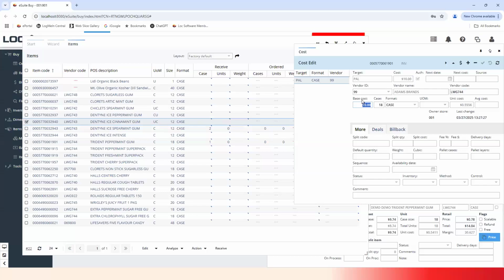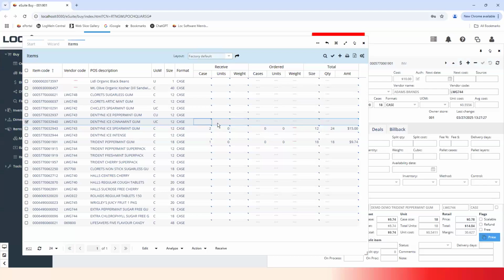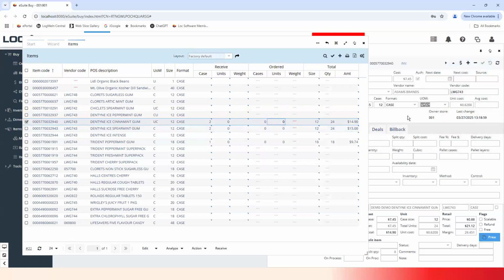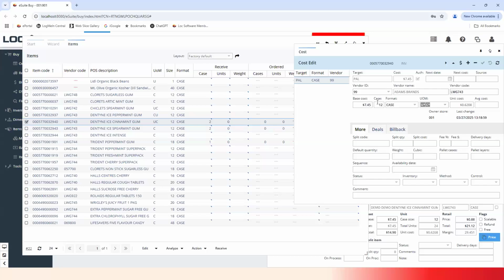Actually, a good gotcha is that when I change the cost, it does bring you to the next line, something that has gotten me. So now I can receive that case, and I will save that, and it will be at that price, at that cost. Not sure why it keeps jumping around on me, but